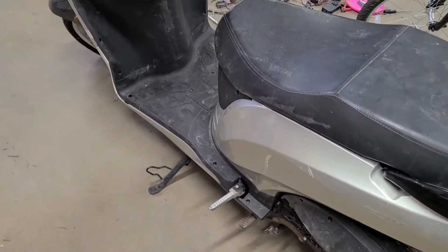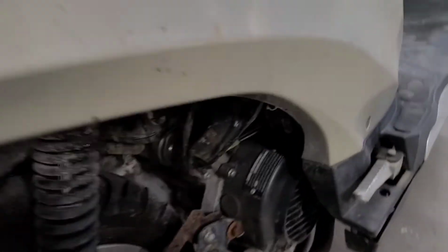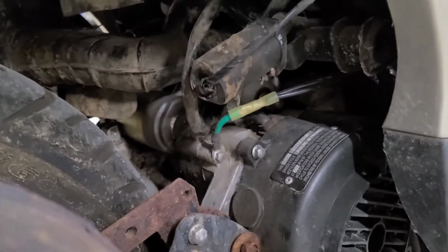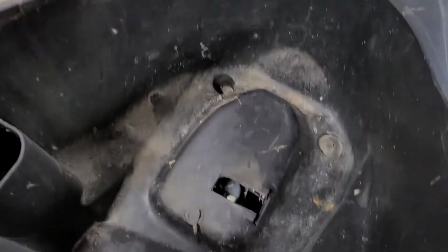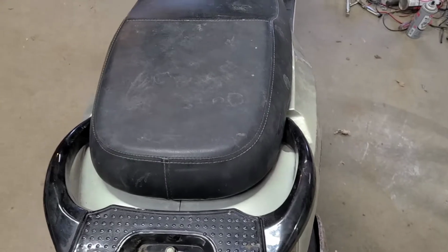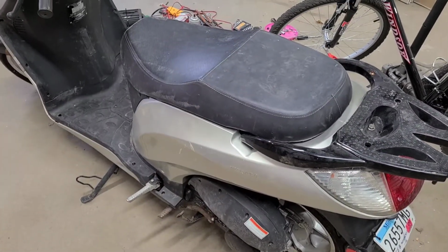Another interesting thing that I found was the grounding cable that went from the battery to the engine was hooked up to one of the studs for the intake manifold. You can't really see it down in there, sorry. But yeah, the engine was grounded out to the battery through the intake manifold stud,